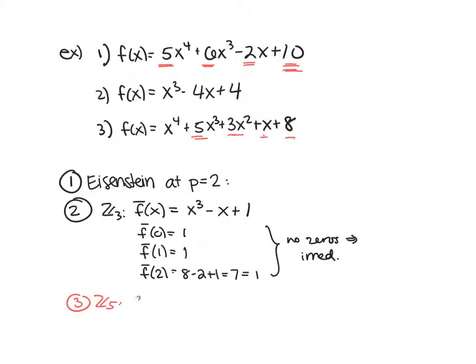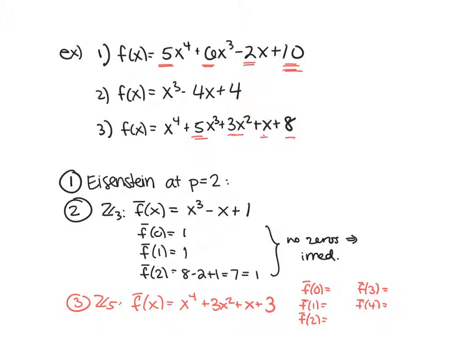when I reduce mod 5, I get x to the 4th plus 3x squared plus x plus 3. All right, so to check that this is irreducible, because it's a degree 4 polynomial, it's not enough to check that it doesn't have any roots, but that's a good first step. So we could plug in 0, 1, 2, 3, and 4, just to make sure it doesn't have any linear factors